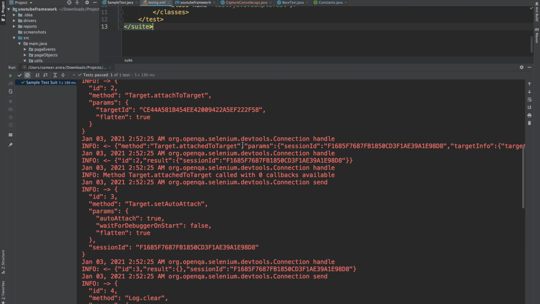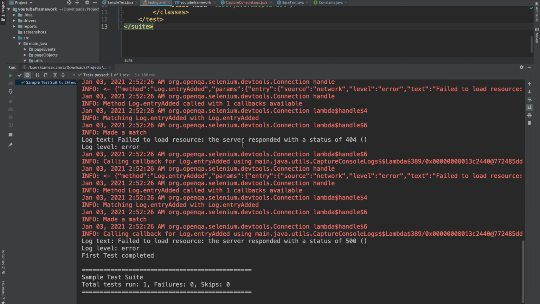Now let's check out the console here. Here you can see that we have got the log text, which is failed to load resource. The server responded with the status of 404 that we found out while opening the URL manually as well. And we have also got the log level, which is of type error.